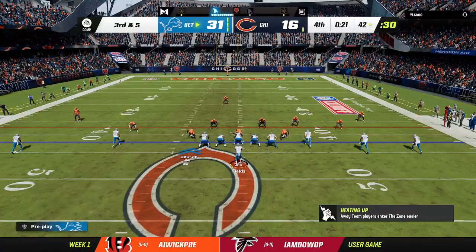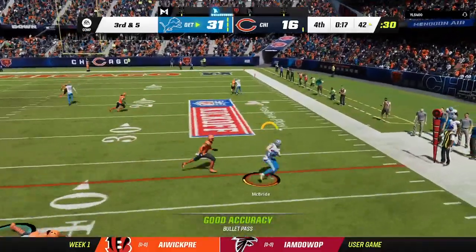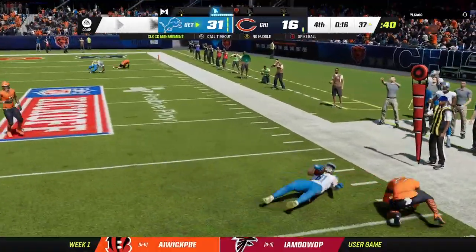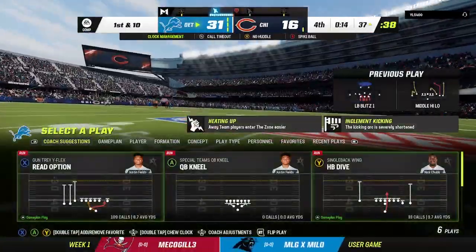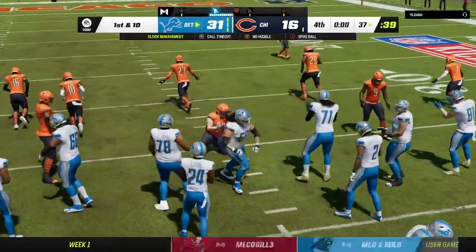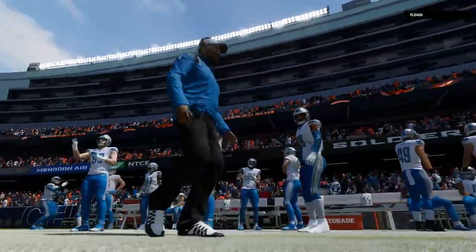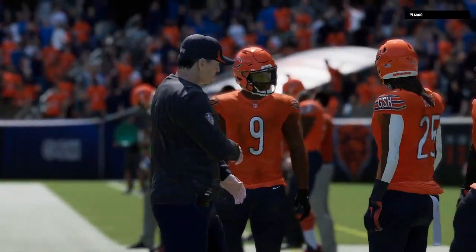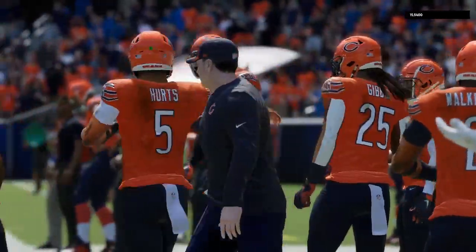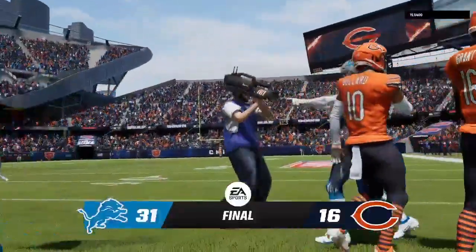3rd and 5. Fields now to throw. That's complete to McBride. And he is going to have the Lions first down. He needed 5. He got it barely as it will officially go down as a gain of 5 yards. Well, this was not just the opener of a brand new season, but this was a division game here in week 1. And to come through with a 1-0